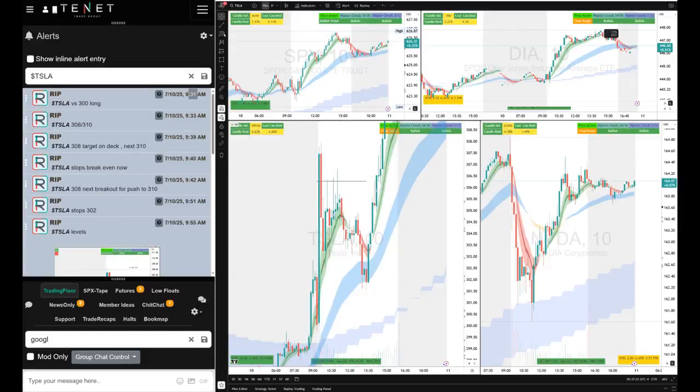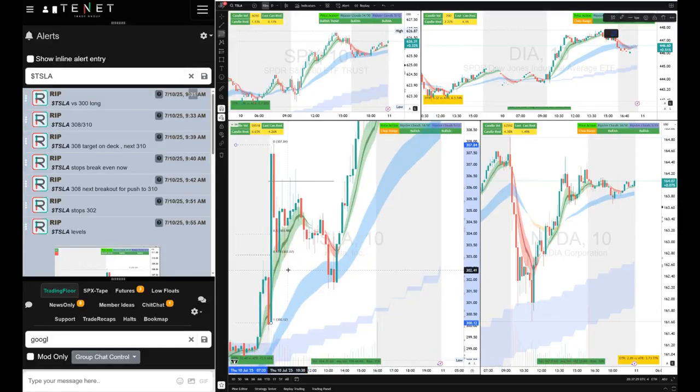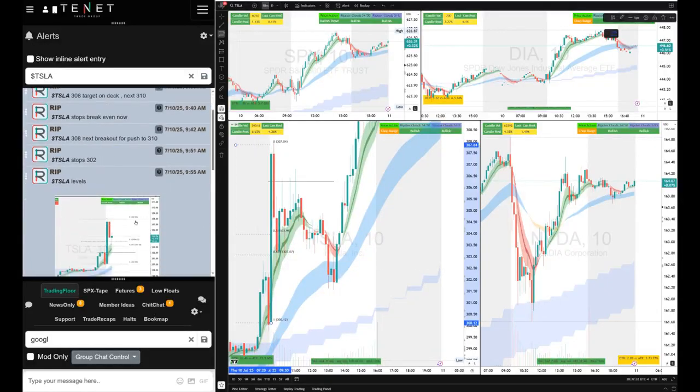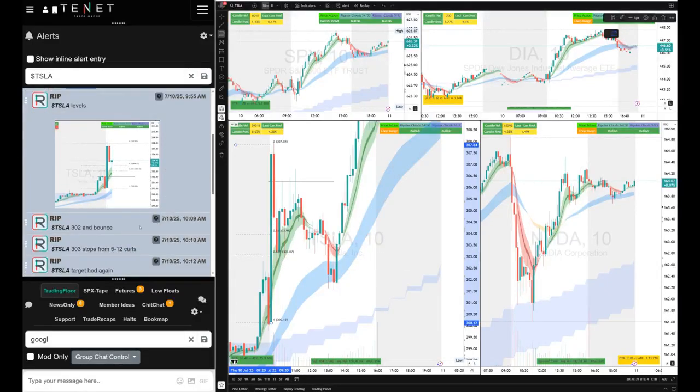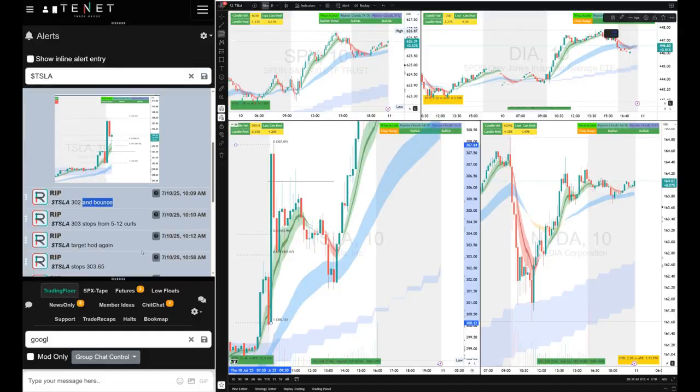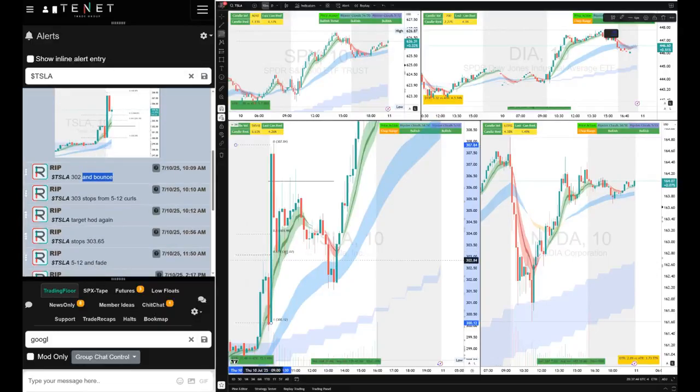So the pullback level again, it was right there. You can draw your Fibonacci levels around that 300 or 302. 302 was the level that I gave the traders around this area. And I told them, put your stops at 302 and you can add a position, right? And we held the 302, we bounced from the 302 and we did the 512 curls, another green trade from that 303 back to 306. So two entries, open and the curls, both green. Then Tesla broke down on the 512. We exited. It faded to 304.50.